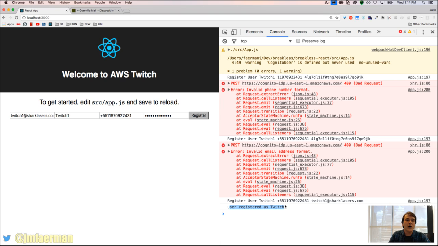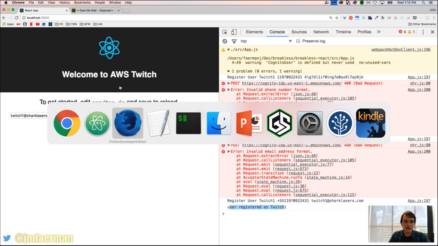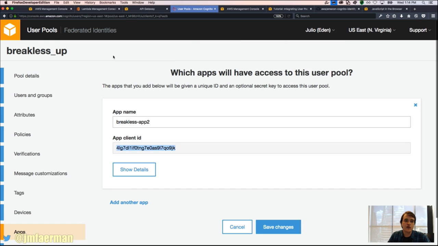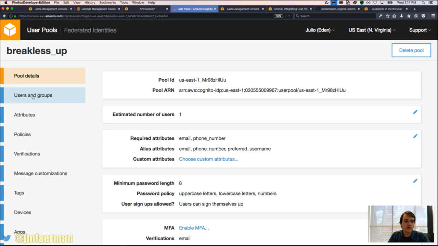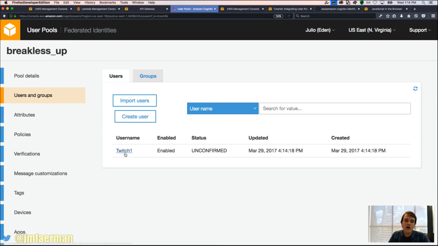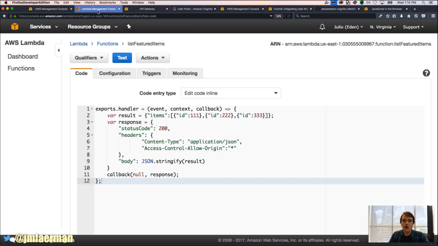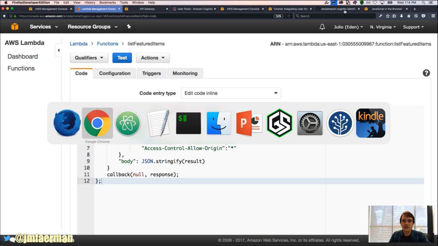user registered as Twitch1. If we go to our user pool, we can see that in the breakless user pool on users and groups, we have the Twitch1 username created but not enabled, or not confirmed. So we need to enable that. So here on the AWS management console,